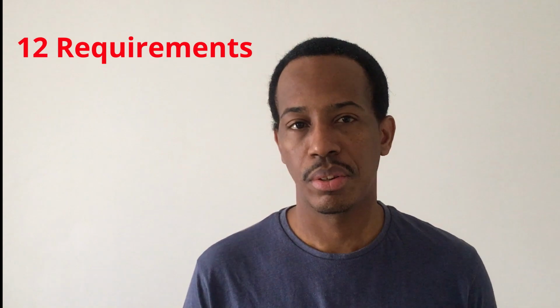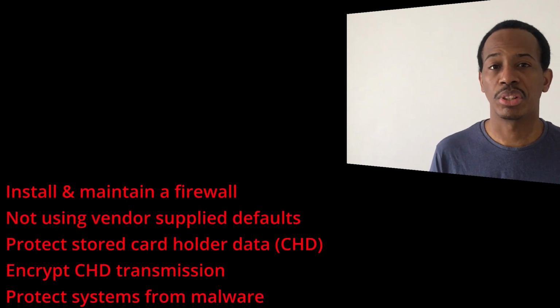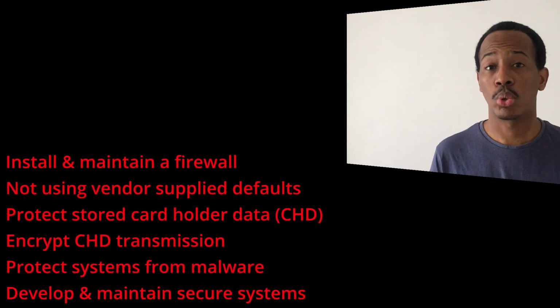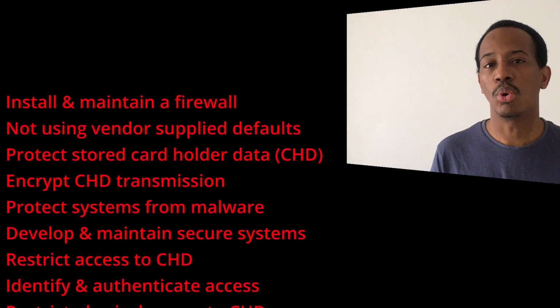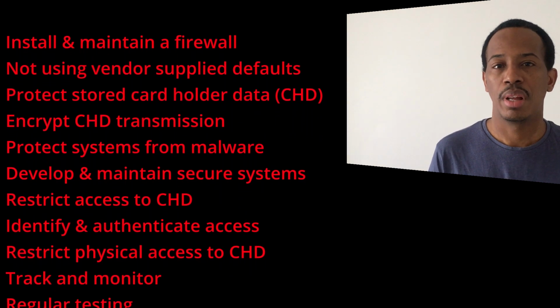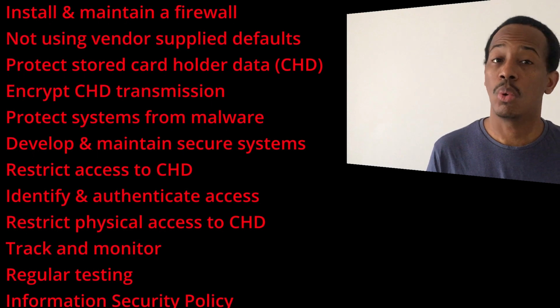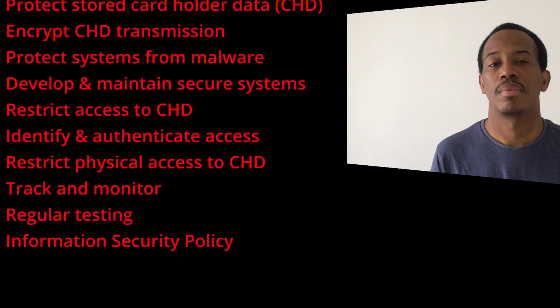PCI DSS specifies 12 requirements for compliance. Those 12 requirements are to install and maintain firewall configuration to protect cardholder data, not to use vendor-supplied defaults for system passwords and other security parameters, protect stored cardholder data, encrypt transmission of cardholder data over open or public networks, protect all systems against malware and regularly update antivirus software or programs, develop and maintain secure systems and applications, restrict